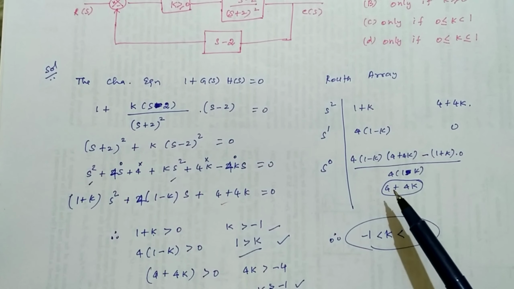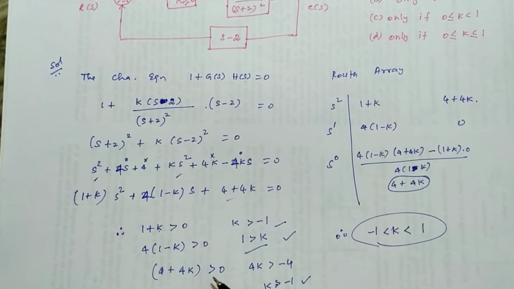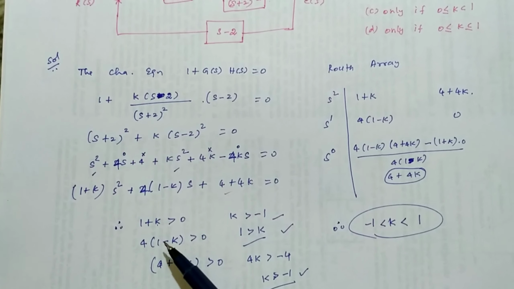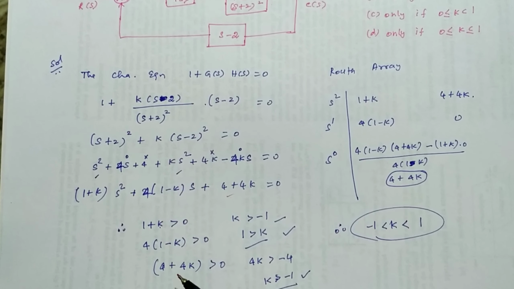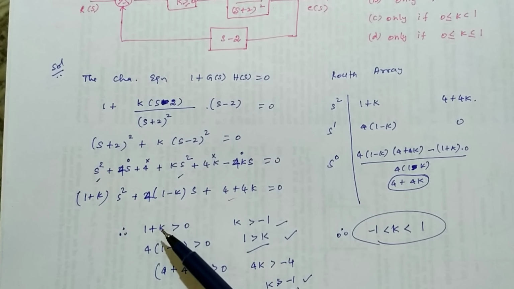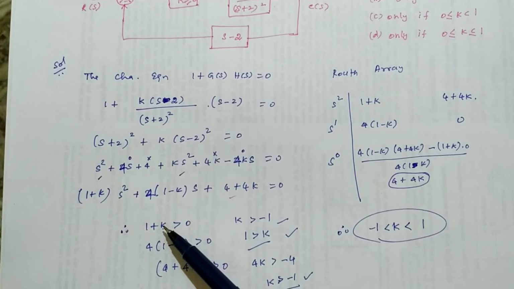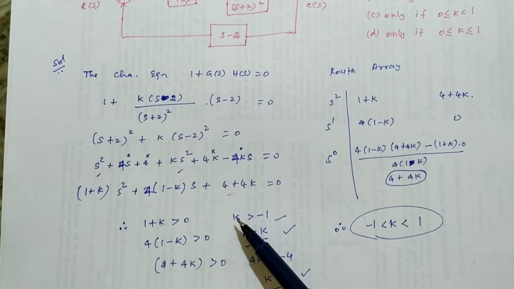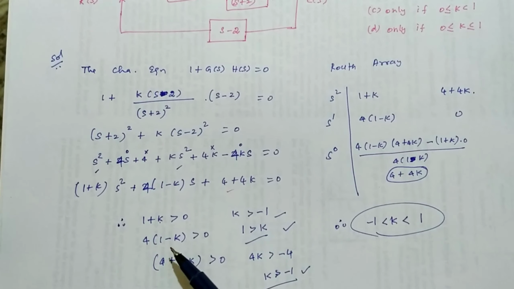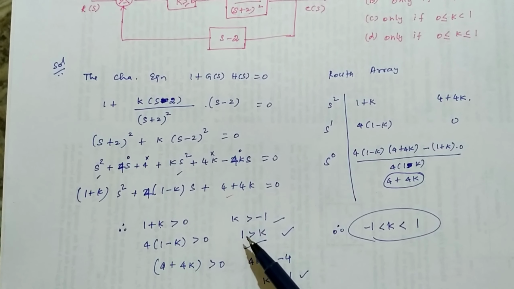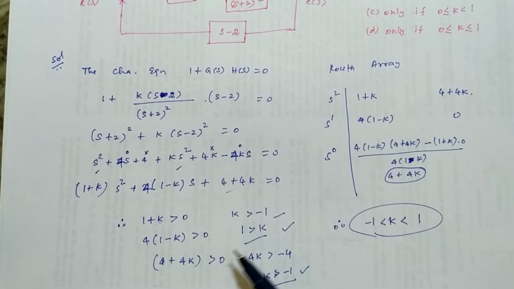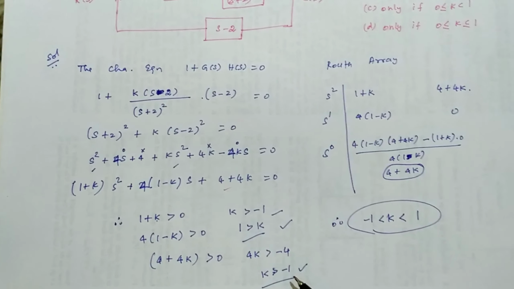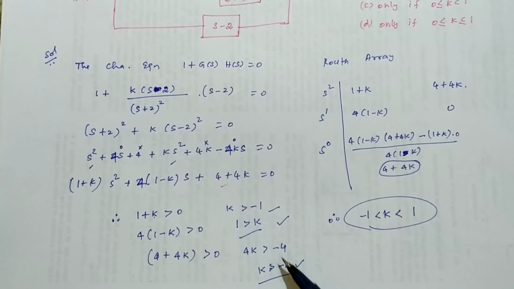And the last one is 4 plus 4k, again it is also greater than 0. So for these three elements, we have written the terms. For this term, you bring this minus 1 to the other side, that is k is greater than minus 1. For the next term, k is less than 1, and for the last term, k is greater than minus 1. So combining these three,